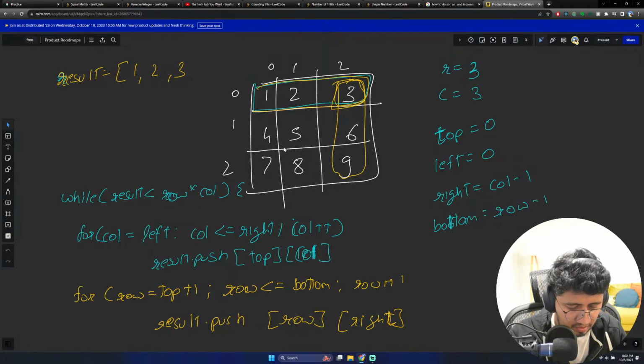So here we are checking if top is not equal to bottom, and basically we run the for loop for the columns in the reverse order, right? Which would basically start from right